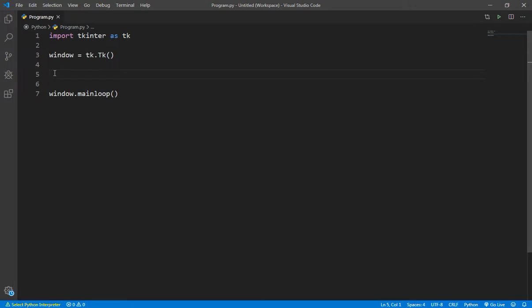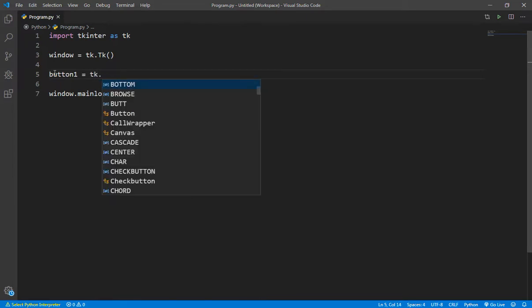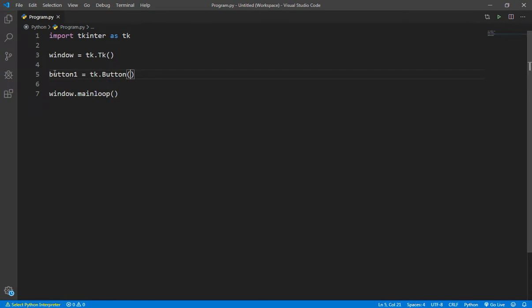Now let's make one widget. So let's make one widget, button1 equals tk.Button. Okay. Now we will write window, the variable in which our tkinter window is stored.